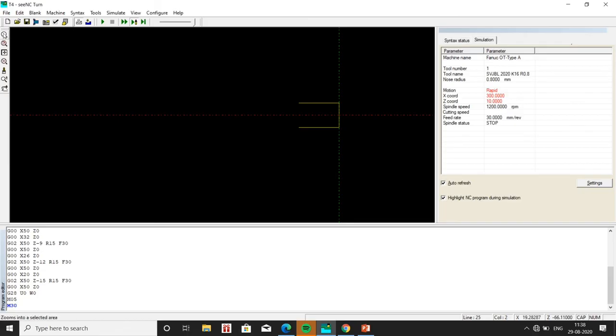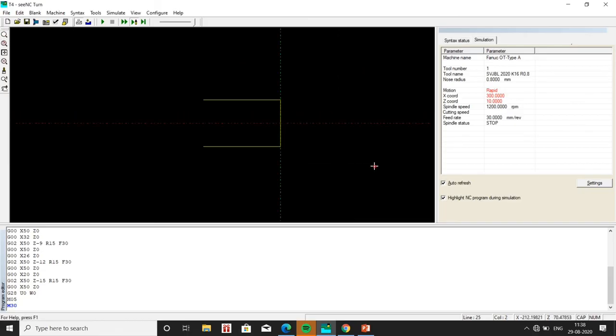So let me show it in the line mode. So in line mode we can see how each line of a program proceeds.